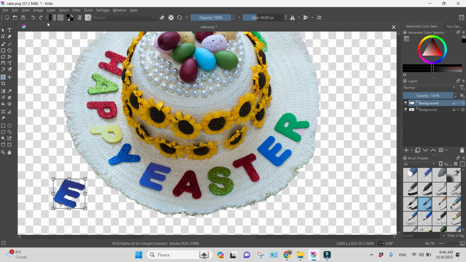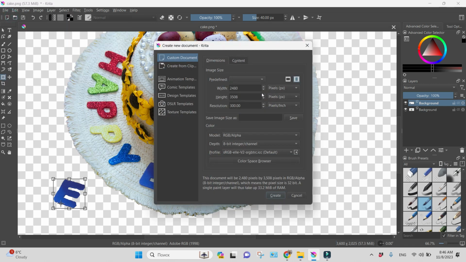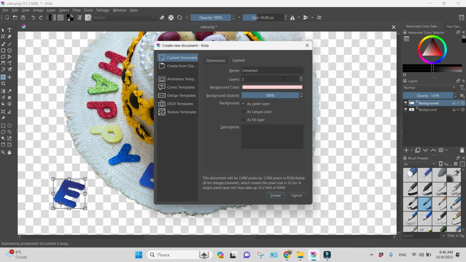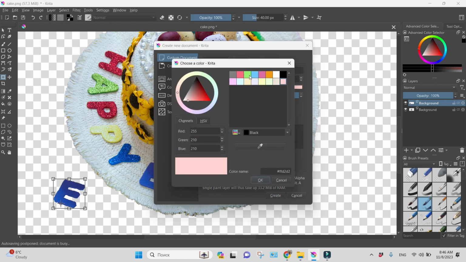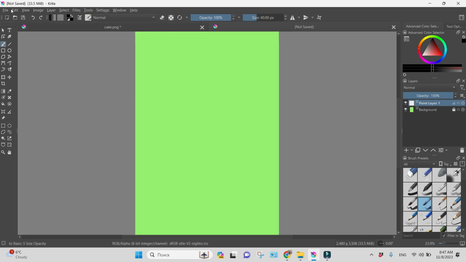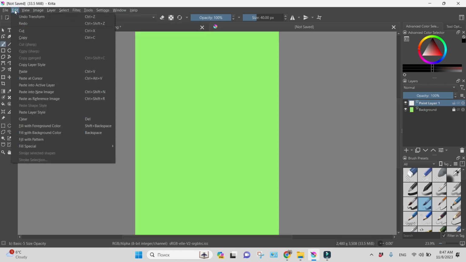Okay, but if you want to paste it in a new file, let's create it. It can be any file. Let's change the color of the background only. Okay, create, and again let's go to Edit, or you can do it by pressing Ctrl C to copy,